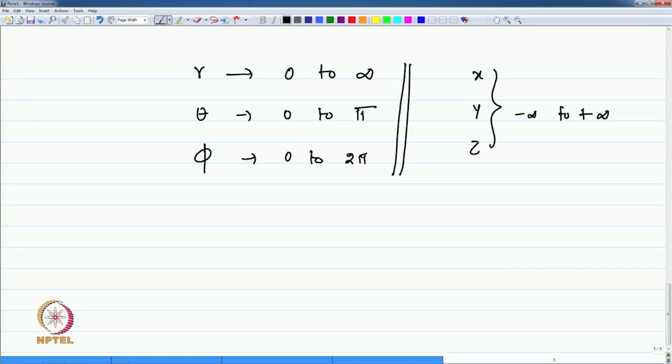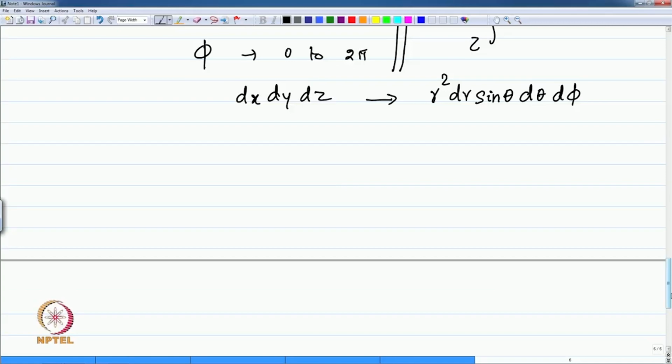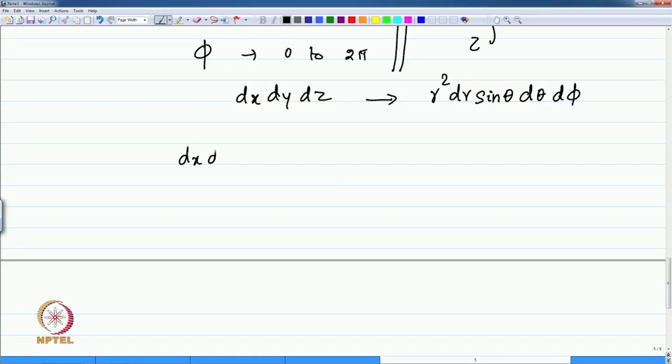Therefore, these are the limits, and dx, dy, dz, which is a volume element in Cartesian coordinate space, will have to be expressed in terms of the volume element in spherical polar coordinate system, and that's given by r square dr sine theta d theta d phi. Those of you who are not familiar with this transformation must go back and look at the coordinate transformation and the simple differentials expressed from one coordinate to the other, and the relations are given by what is known as